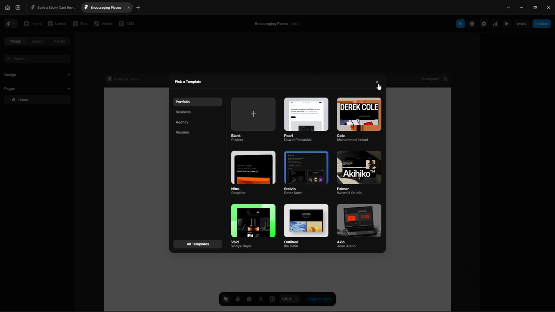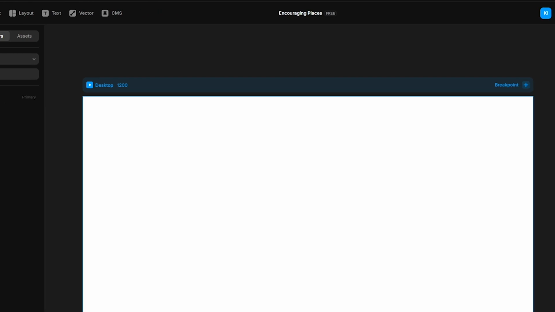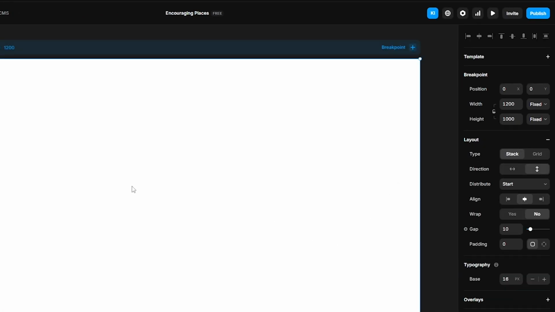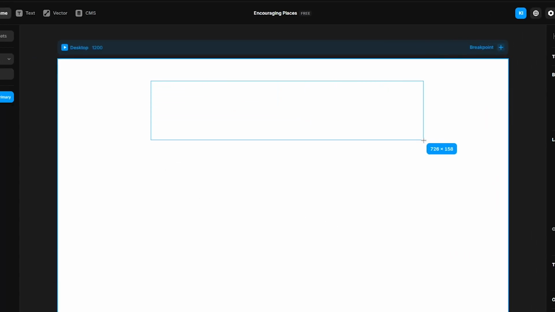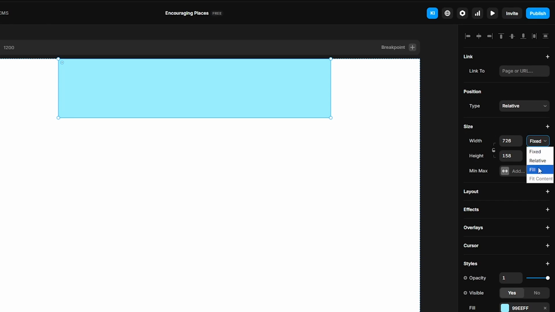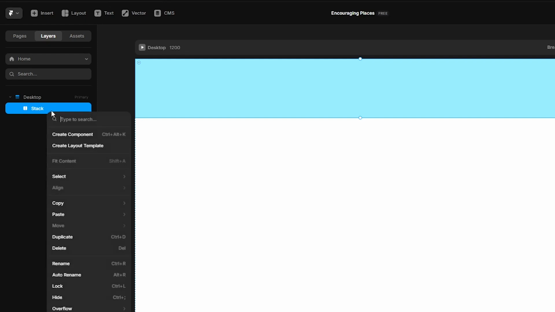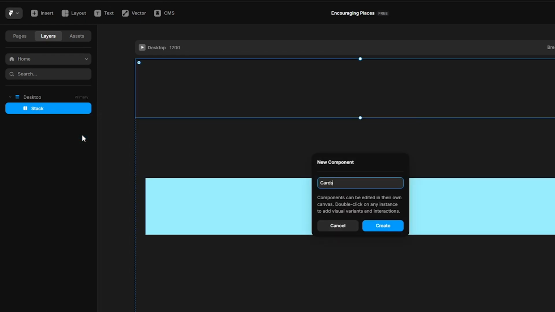Create a project, go to layers, desktop, click this layer to make it stack, then press F on the keyboard to add a frame. Draw a frame like this, width fill, height, leave it like this. We will change it later. Click this layer to make it stack, right click on it, create component and name it cards, change the name